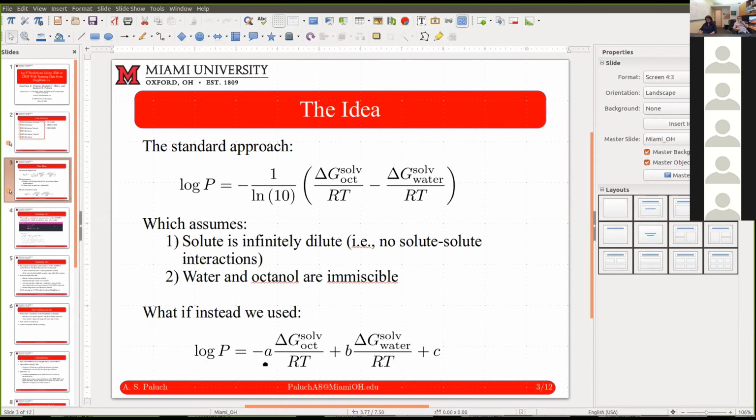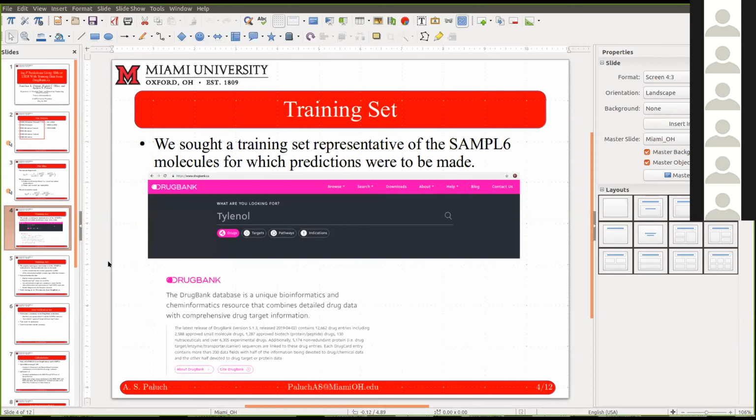train on. And so what we came across was drugbank.ca. DrugBank.ca is a massive database that contains data for over 12,000 drugs. And for a lot of them, it contains experimental parameters such as logP and aqueous solubility. And so we sourced this